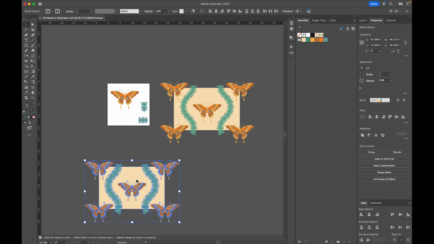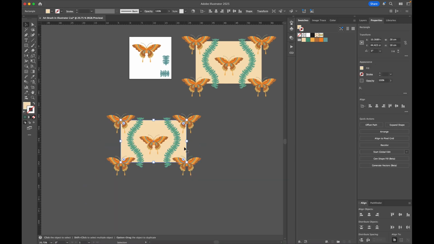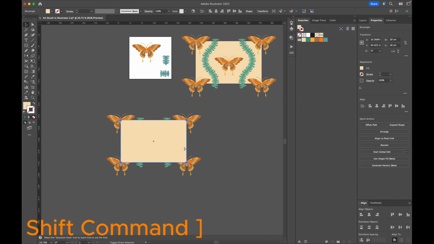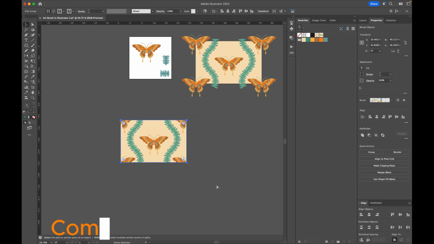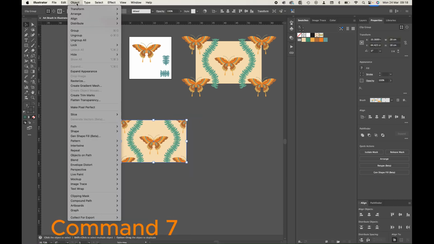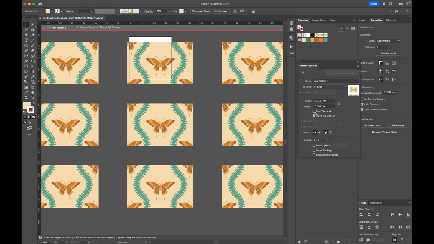Holding down Option, I'll drag out a copy of our pattern tile arrangement. I'll select the background rectangle, type Command C on my keyboard, Command F to paste it in front, then Shift Command right bracket to move it over the top. Select everything again, Command 7 to create a clipping mask, Object, Pattern, Make, Size Tile to Art,